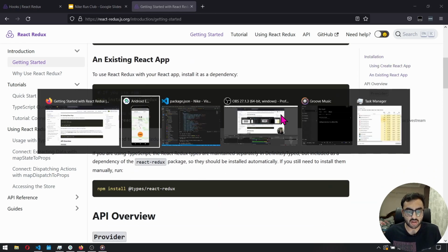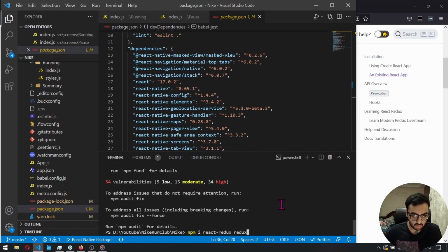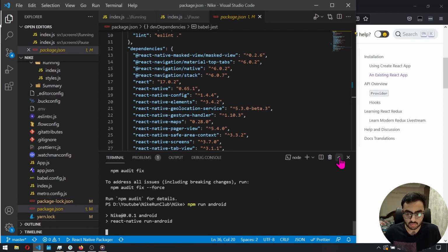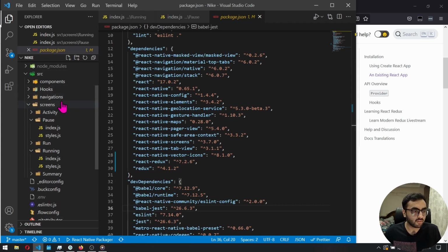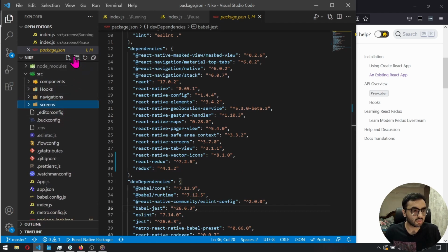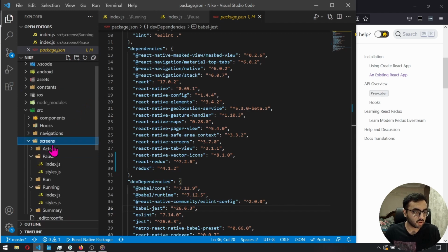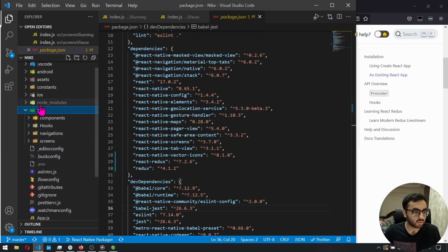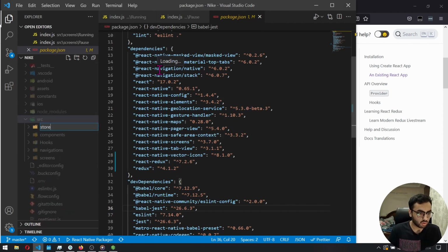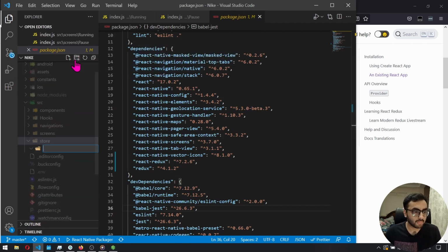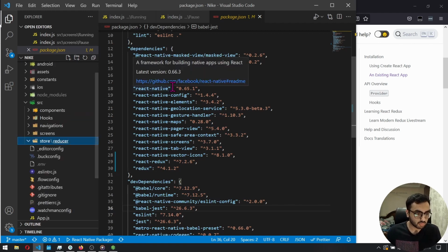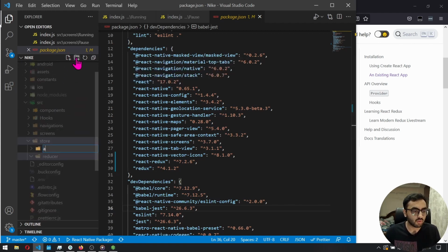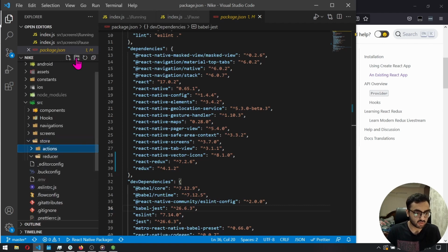Alright, so moving ahead, so I think it is installed. Let me just rerun the application. In the meantime, we will have our stores set up. So not over here. We want to add a store in the source folder. We will have the reducer, and in the store we will have one more thing, that is our actions. So reducer will contain an index.js